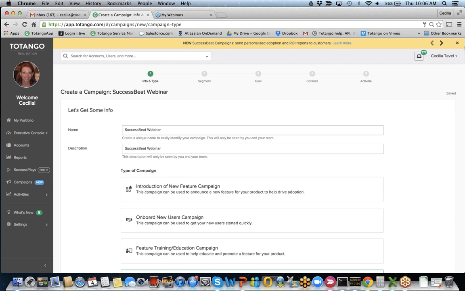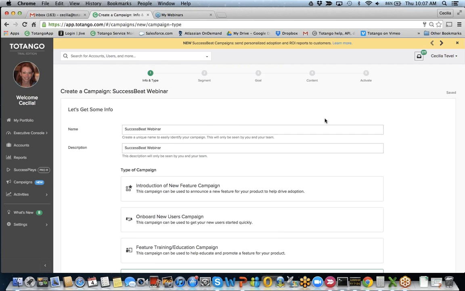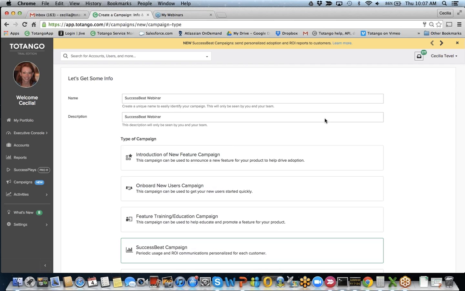SuccessBeat is the newest capability. It's just one new item that is part of the overall campaign system. And if we were going to have some sort of example that will help explain what SuccessBeat is, we can use an analogy of a wearable consumer electronics device like a Fitbit, where you're wearing it daily and it's tracking your heartbeat, maybe how many steps you're taking,